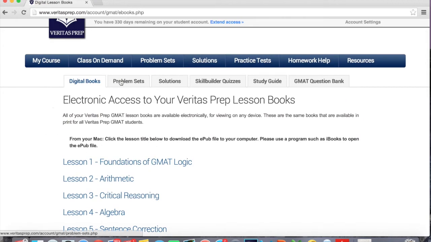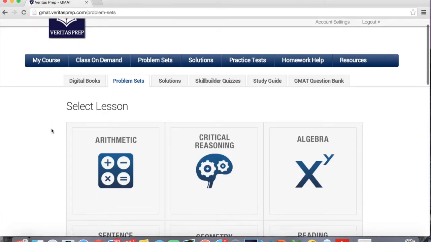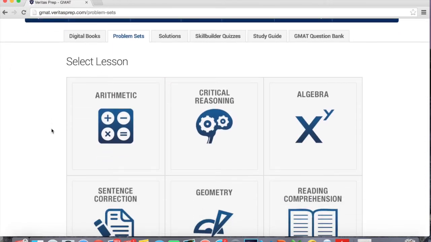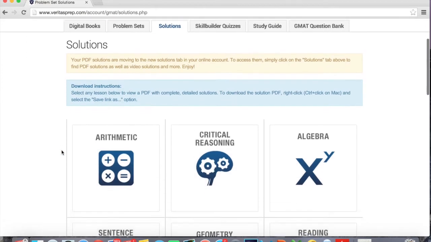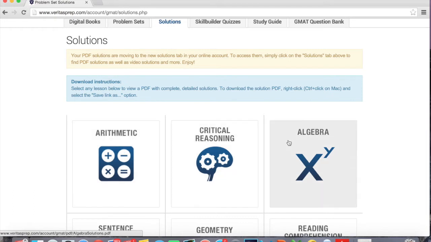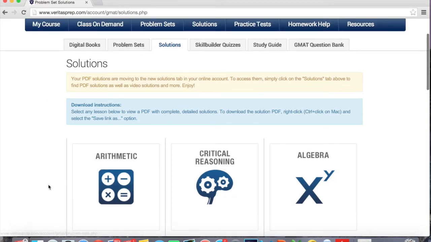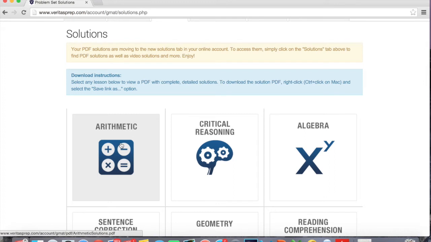Very nicely laid out. Then you have this problem sets tab, and what you can do is work through some of your problems that are within the lesson books here online. I'm not going to click on these because they do have proprietary information in terms of questions. But essentially, you would move through and click on arithmetic, critical reasoning, algebra, and you would work through all those problems. Then you have the Solutions tab, and within here, you're going to be provided with the same layout that you did for the problem sets, which is nice. You would just click on each one of these, and you'd be provided with a PDF document of your